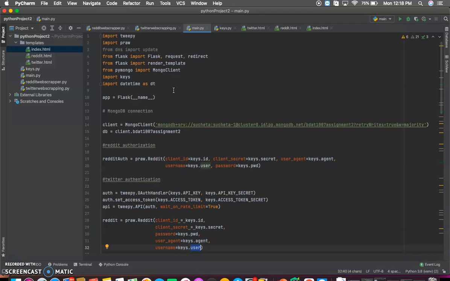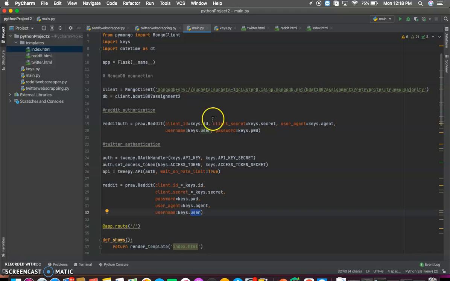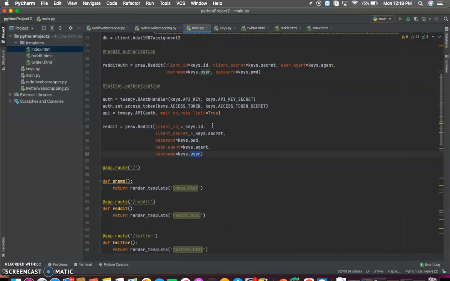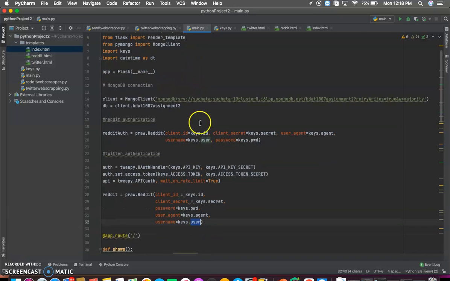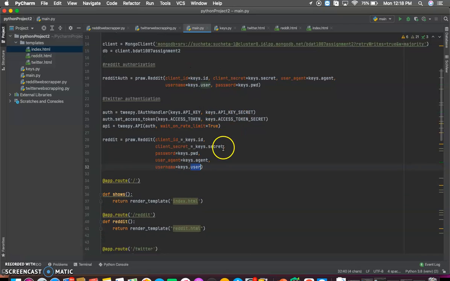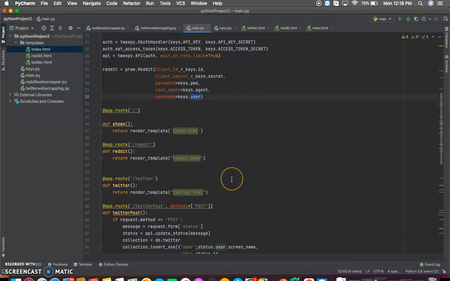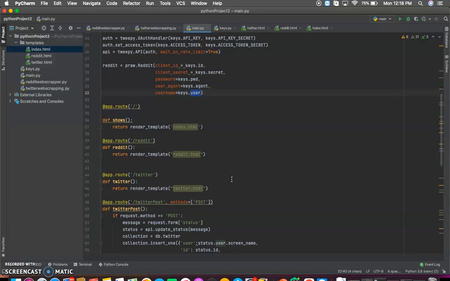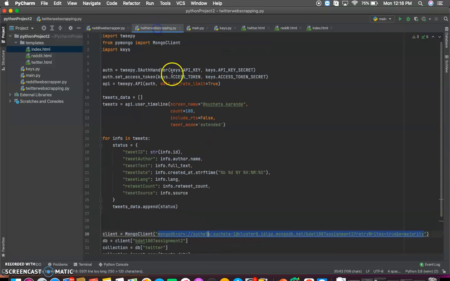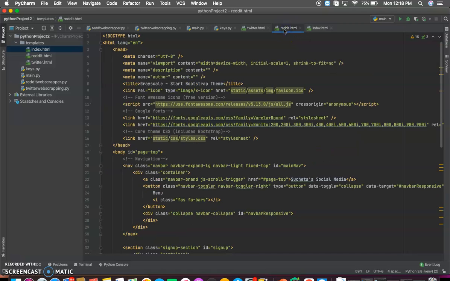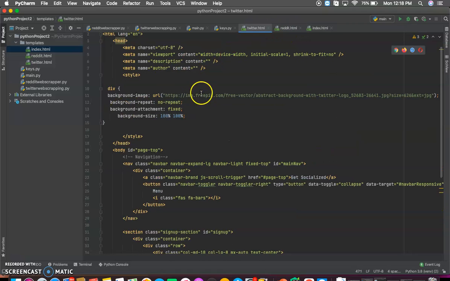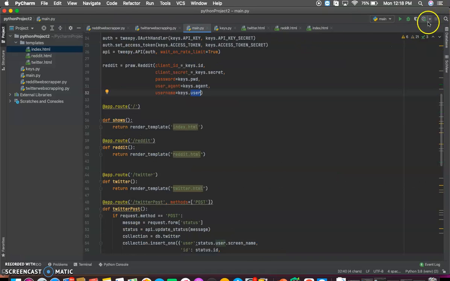This is the code which we have used for the web application development. Here, as I mentioned earlier, these are the modules and libraries imported. This is the connection for MongoDB. This is the authorization for Reddit and Twitter, and then we have used the post method to post something on our web application and to see the same on the social media application as well. This is the file for Twitter web scraping, and this is for the Reddit web scraping. These are the templates: this is our index page, this is the Reddit page, and this is the Twitter page. Now when we try to run this code,